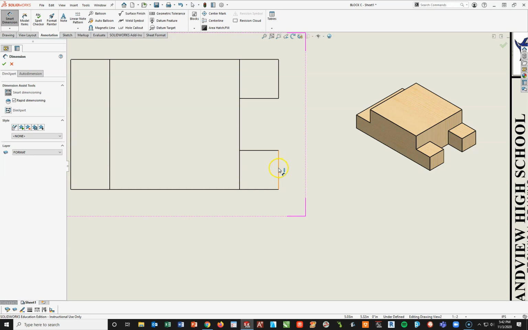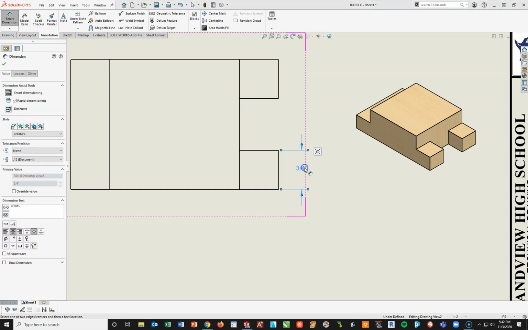I'm going to click on this line one time, pull to my right, left click a second time. Now you'll notice the arrowheads are sticking out, but on our drawing that we're modeling after, the arrows are on the inside. To change which way your arrows point, just click the little dot at the back. That allows you to adjust it. With this tool, I'm going to do the same thing above. I'm going to go to this line, left click